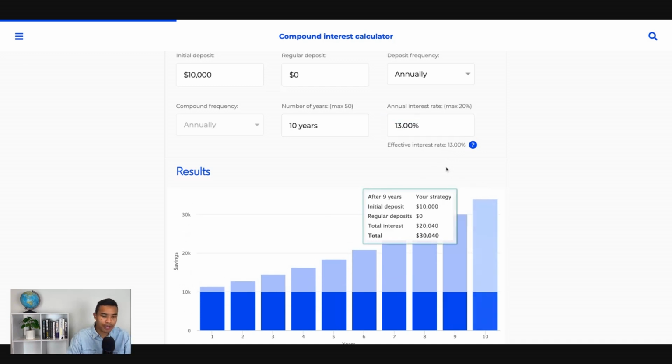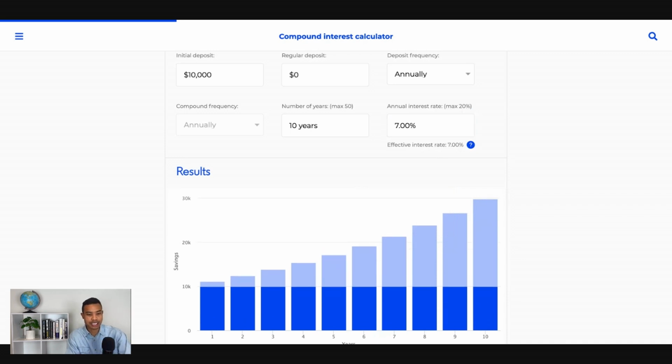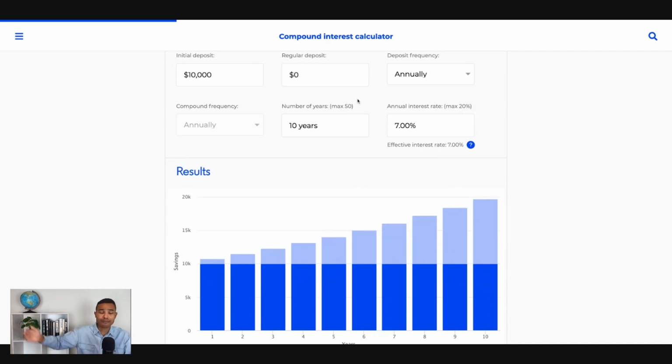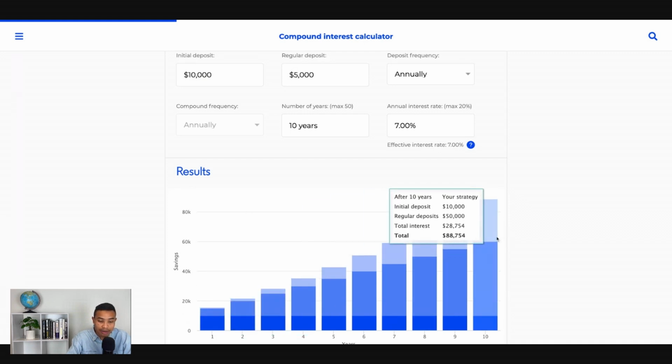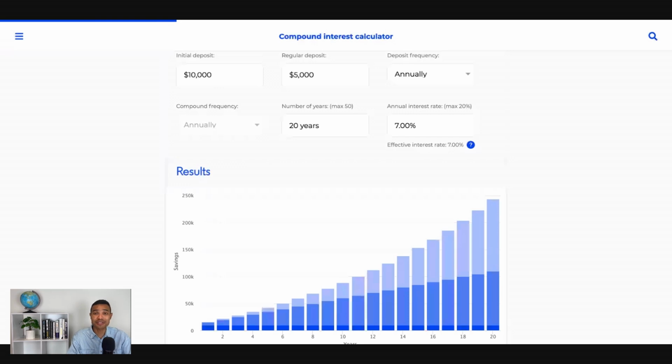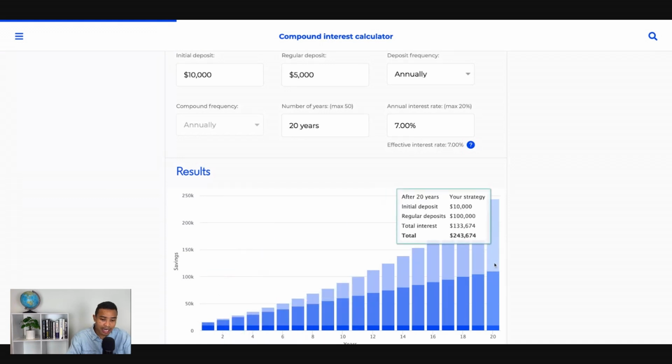But what becomes really, really fascinating here is if we assume this consistent, say 7% is that conservative market matching figure over longer term periods of time. Initially, so if you're starting with $10,000, potentially, rather than just having a $0 regular deposit, maybe you can dollar cost average in $5,000 each year as well. If you're able to attain a 7% year on year over long periods of time, that initial $10,000 can grow to $88,000. And so then over longer term periods of time, depending on your age and how long you want to model out, if you have a look at 20 years, if you've just got that initial deposit of $10,000, $5,000 year on year, adding 7%, you can see that it starts to add up pretty quickly.